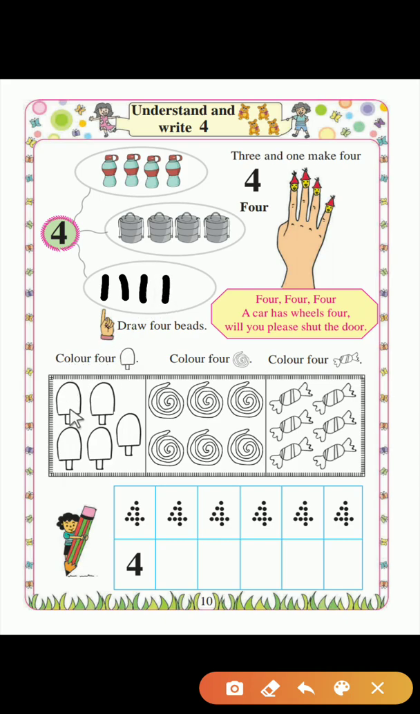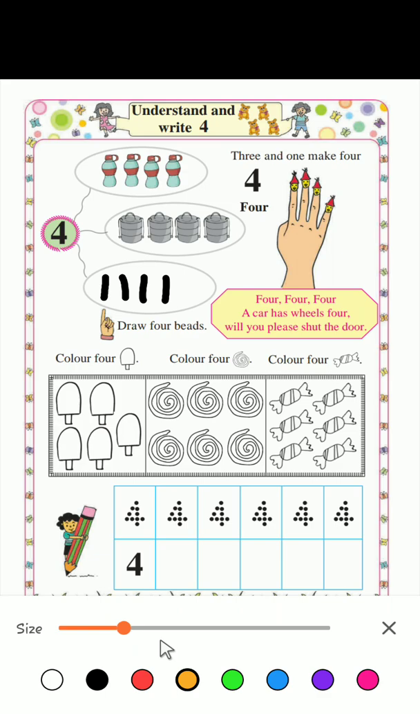Color 4 ice creams. Here there are a total of 1, 2, 3, 4, 5 ice creams, and we need to color only 4. 1, 2, 3,